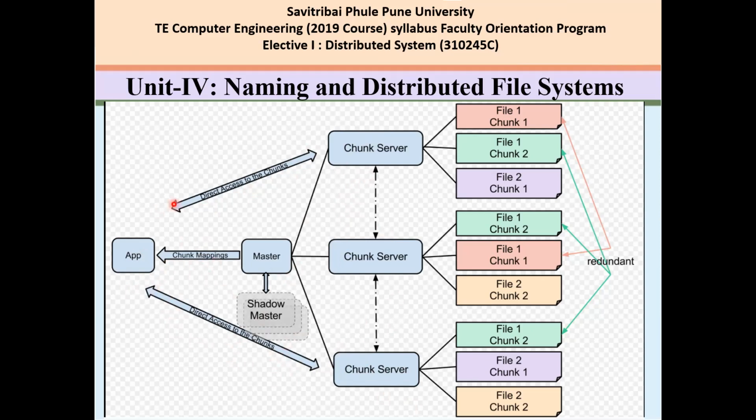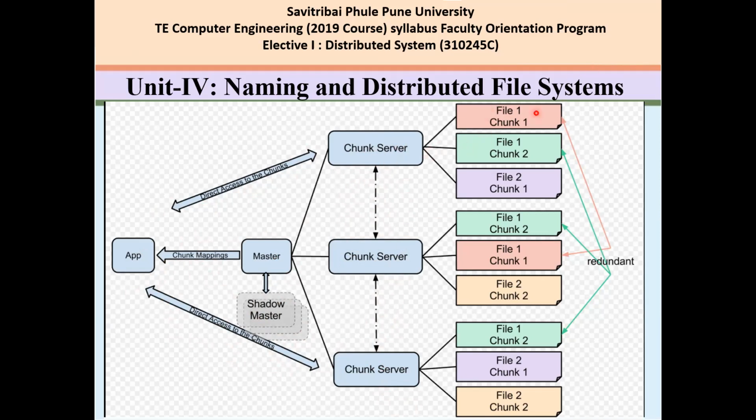So you can see these arrows are going directly, they are connected to the chunk servers, or via the shadow master copy, we are going to have a connection or relation to the chunk servers. All these chunk servers are connected to each other because they are going to duplicate or replicate the data. And they are one image of the main server. So part or subparts of the main server, or not the exact main server. Then you can see through each and every chunk